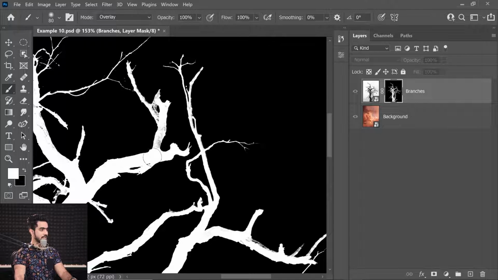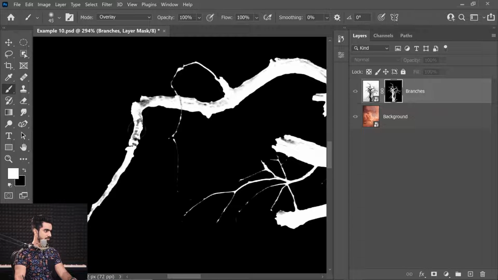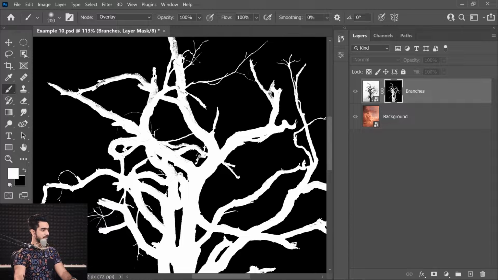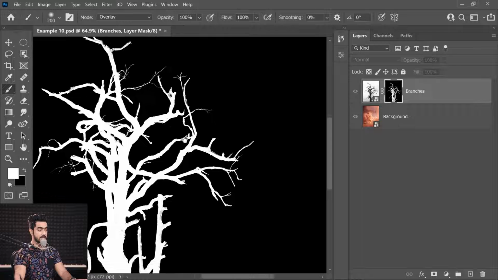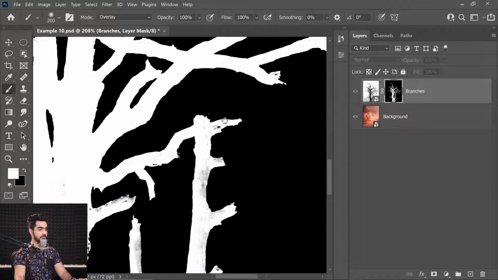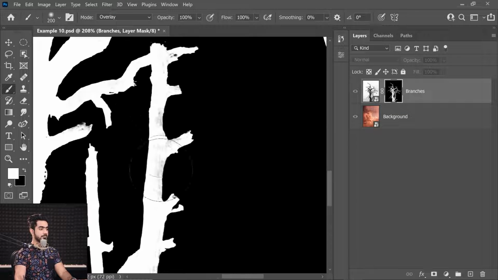Now, once you clean that up, let me do it pretty quickly for you. These are the areas which are missing too much. There you go. One more. So it'll only paint on areas which are closer to white. It won't paint on black areas. It just won't. Now, if you choose black as the foreground color, the opposite